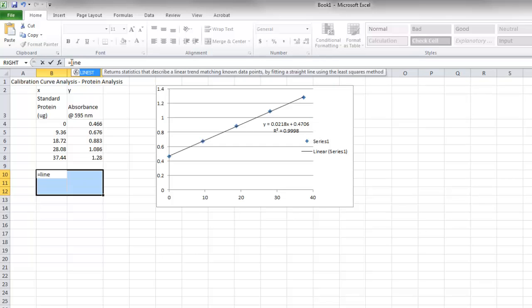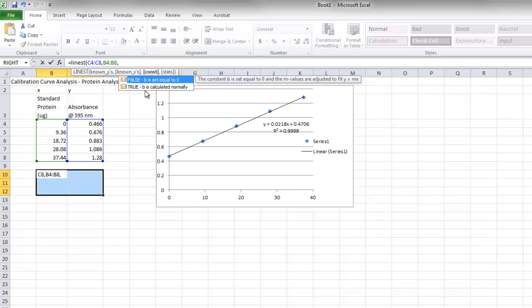And our formula is LINEST, for statistics describing the line. So LINEST. So then you close the parentheses here, and notice up here it's told you a little bit about what the functions are. So the first thing that you're going to enter are the known y values. So here's the way that I enter the known y values. Find the y values, click on them, select them like that, and you're good. So now we type a comma, boom, and it switches over to the known x values. Now we're going to select those x values, so click and drag, and you've selected the x values,